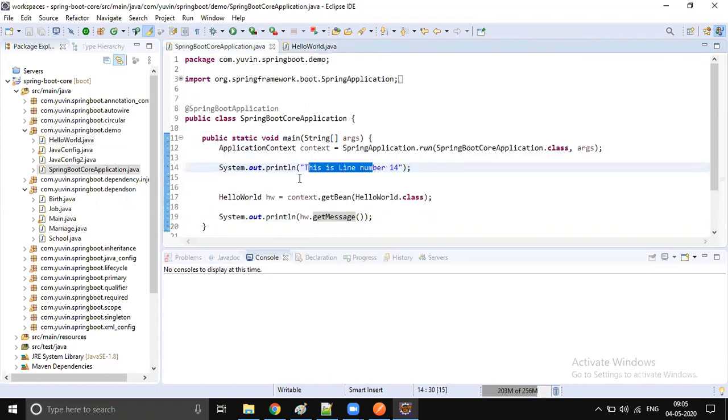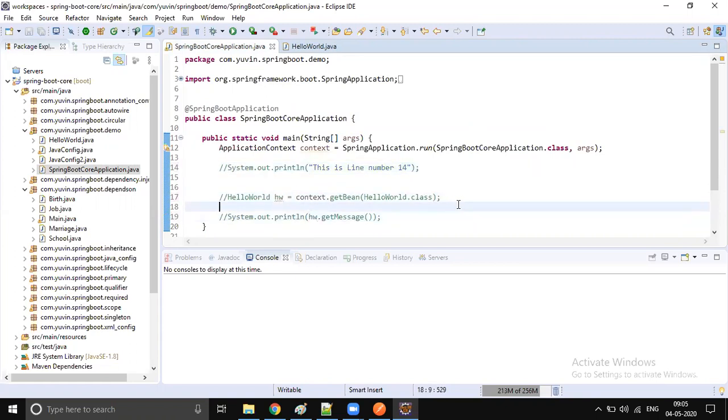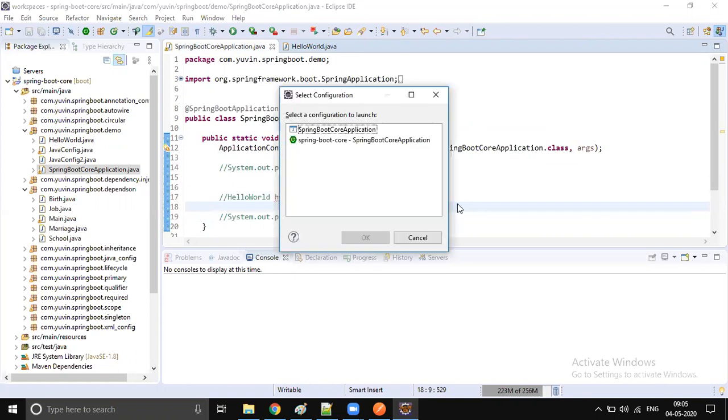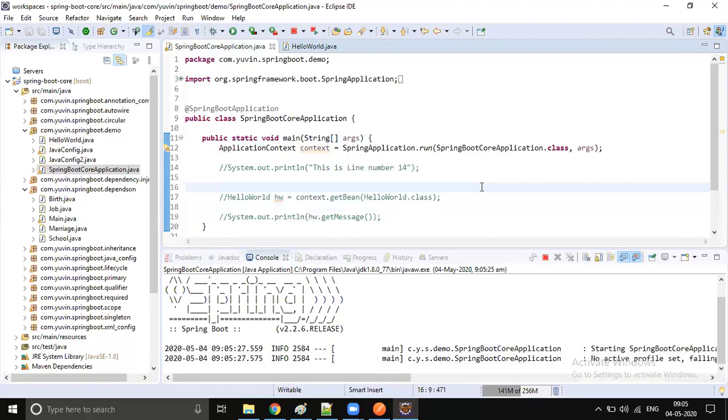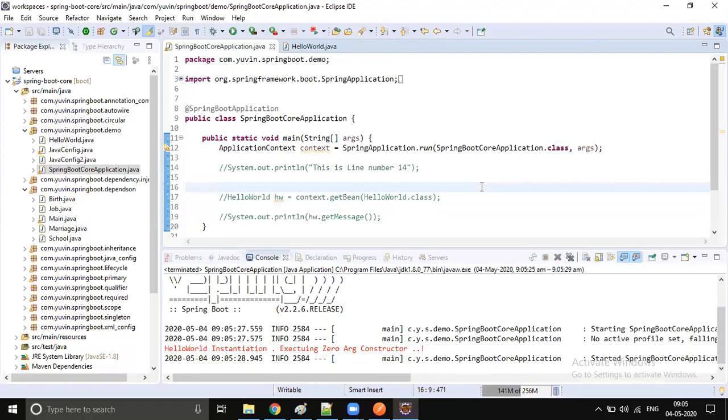We already discussed this. Without printing anything, just creating the application context instance itself, your beans will get instantiated. All these are eagerly instantiated. You just create the application context, which is nothing but creating the container.